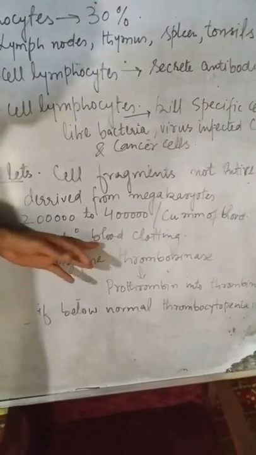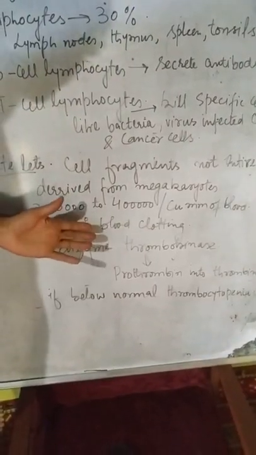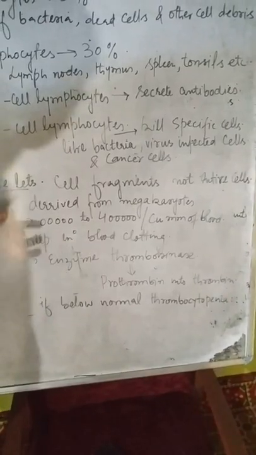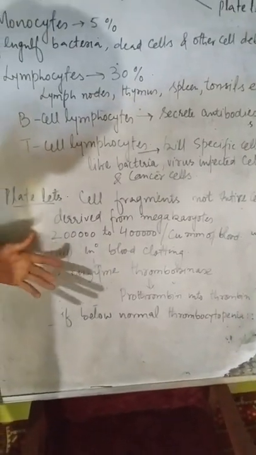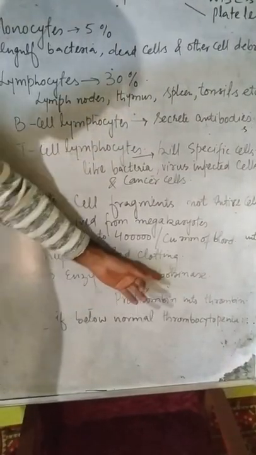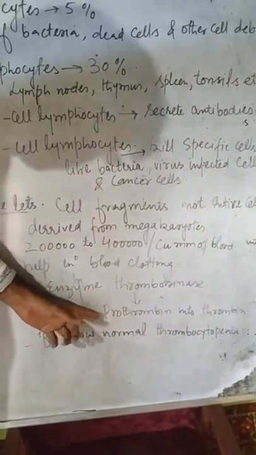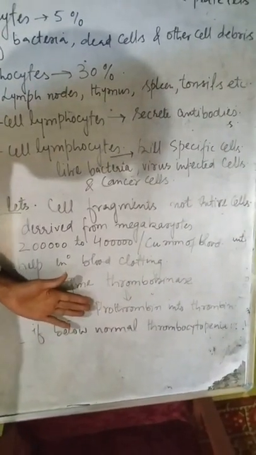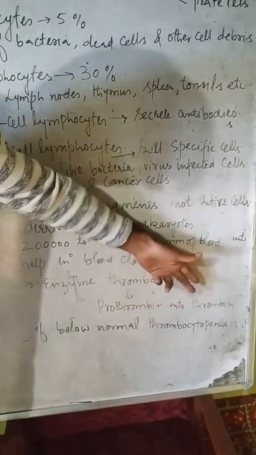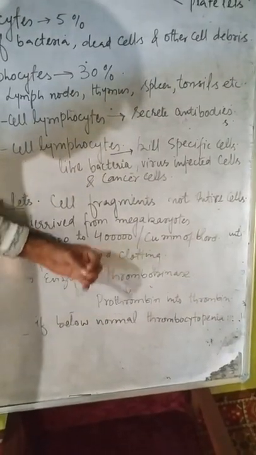They are responsible for the clotting of the blood whenever we suffer any damage, when there occurs blood loss in our body. At that time these platelets play a role in the clotting of the blood, because they are able to secrete the enzyme called thrombokinase, and that thrombokinase converts the inactive prothrombin into thrombin, and this thrombin along with the fibrinogen protein helps in the coagulation or the clotting of